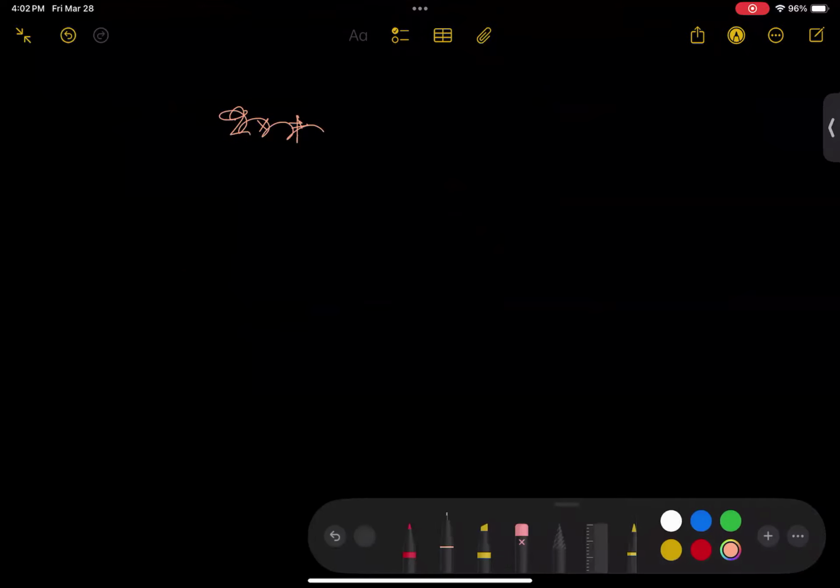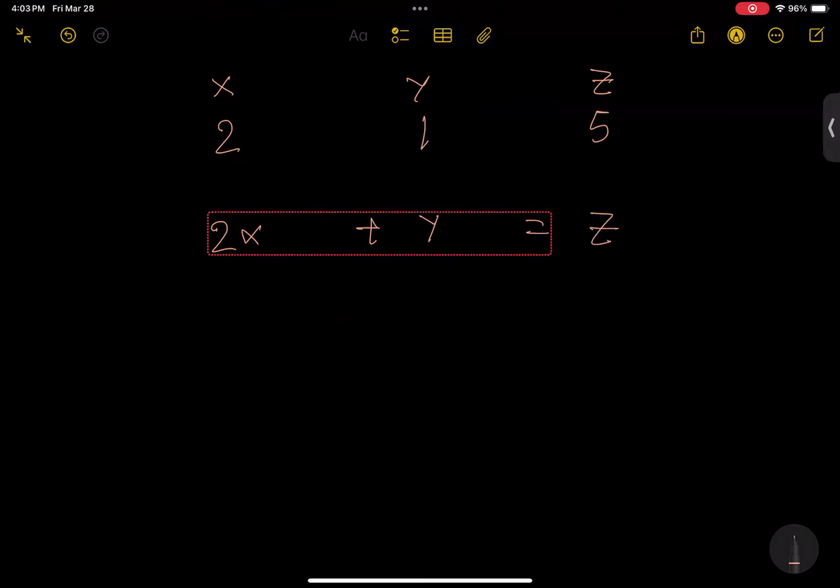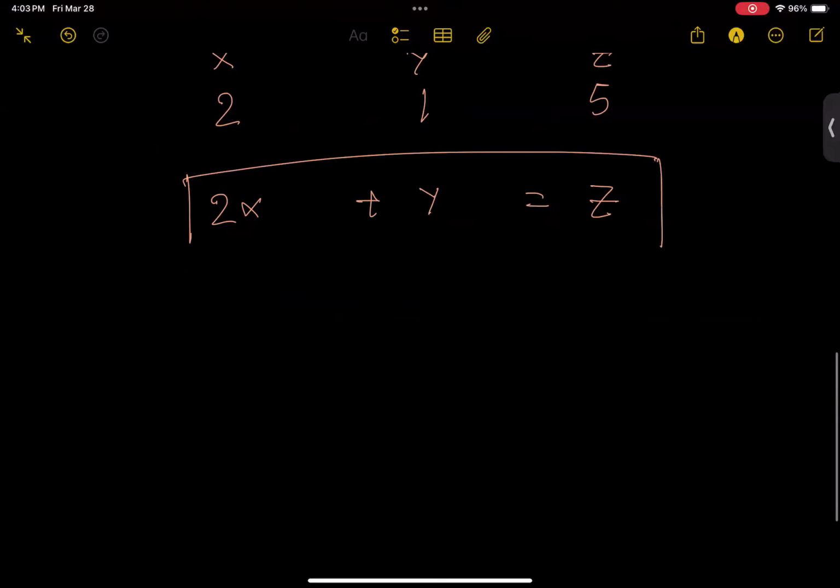Anyways, let's understand from a very basic point of view. Let's not go into the equation; let's go directly into some value-based understanding. We have three numbers, which are 2, 1, and 5. The way these numbers can be related is that if this is x, this is y, and this is z, we can write 2x plus y equals z. This can be a formed equation, correct?